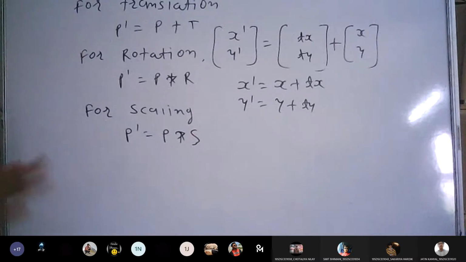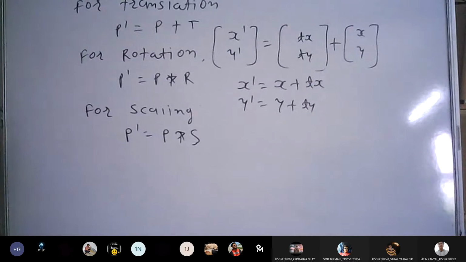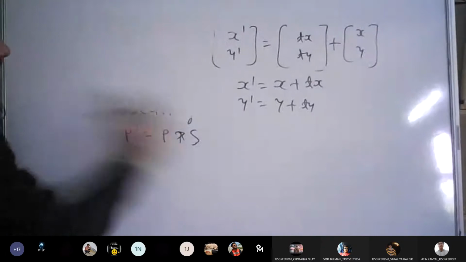It is never possible with 2 by 2 matrices. No matter how much you think, it will not happen. Here I am using 2 by 2 matrices, so I cannot convert this into multiplicative form straight away. But if I can convert this 2 by 2 matrix into 3 by 3, then surely I can do it. And to convert your 2 by 2 matrix into 3 by 3, you need homogeneous coordinates, and that is why today we are going to learn the new topic, which is homogeneous coordinates.